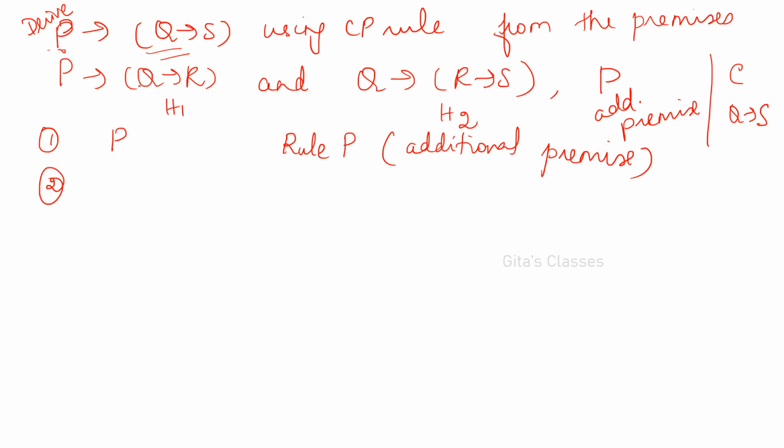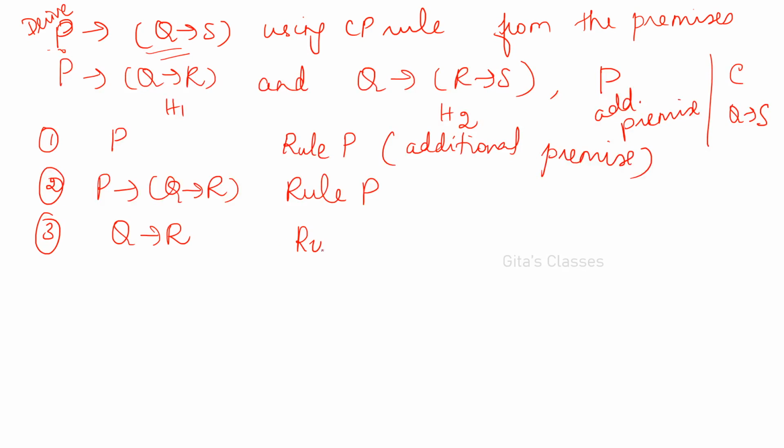So second one is I am introducing this P conditional Q conditional R. So I am introducing another premise, that is rule P. Now P comma P conditional Q conditional R implies Q conditional R. That is rule T. I am using a formula here. I am introducing a formula here. So rule T I have applied in which steps? 1 and 2. Which one? I11, that is modus ponens. Please write the names also.